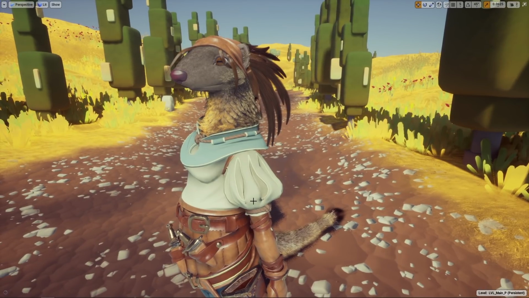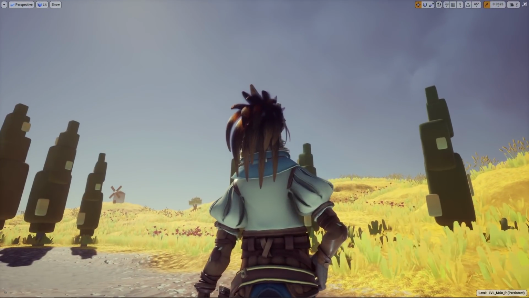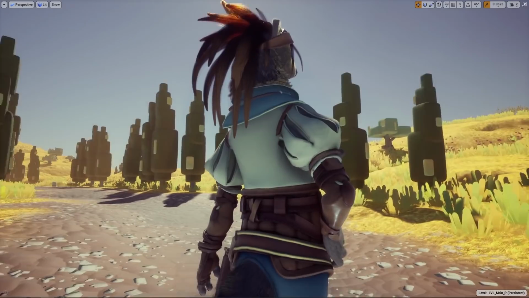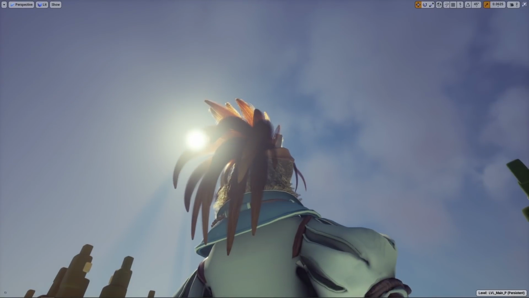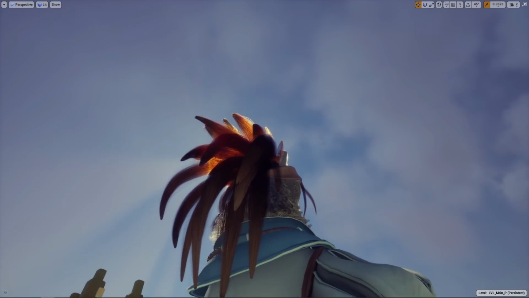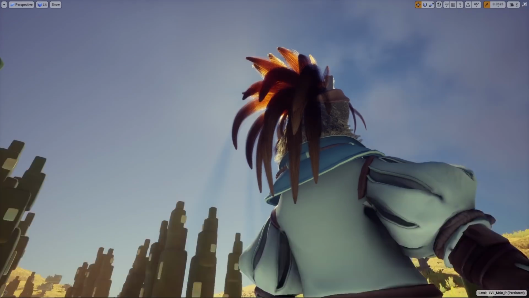The main pillars of this new system are, first of all, to render the hair following a physically accurate approach, with proper lighting and shadowing models, and that will include transmittance and multiple scattering of the light. So as you can see here, the rays of light are bouncing inside the mass of hair before being absorbed by the hair or getting out of it.